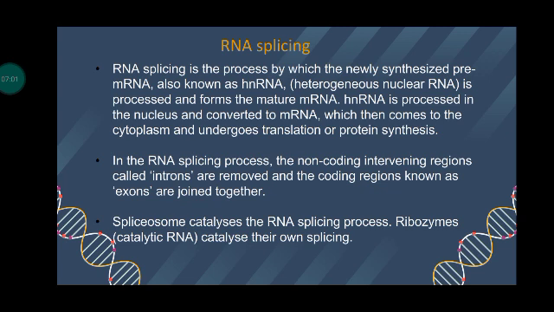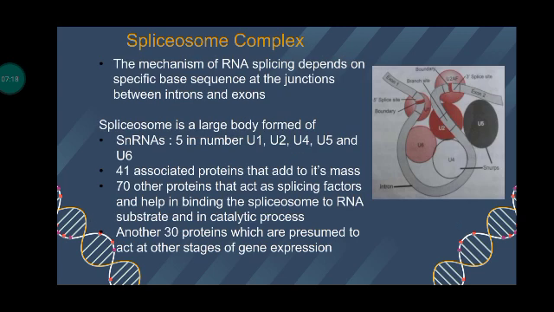In the RNA splicing process, the non-coding intervening regions called introns are removed and the coding regions known as exons are joined together. This process is done by a complex known as the spliceosome complex. So what does the spliceosome complex contain? Basically it contains 5 snRNAs: U1, U2, U4, U5 and U6, and 41